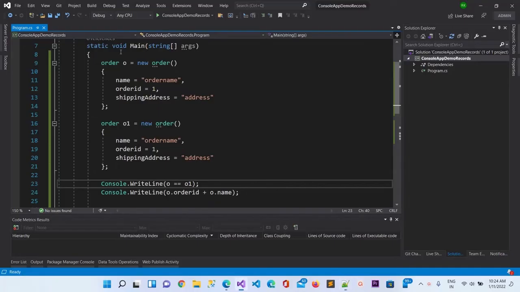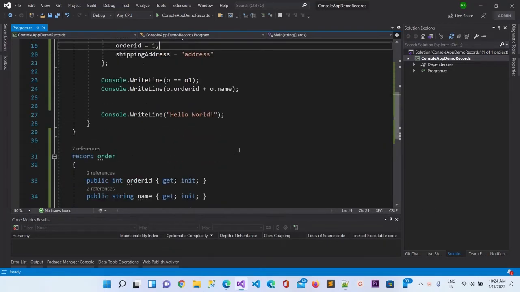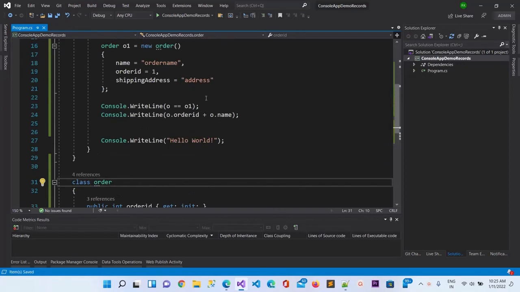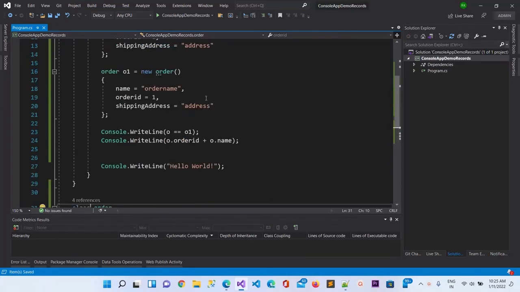So you can see here when we compare this, suppose I am doing the same thing using a class, so let me put here class in place of record. Now let me run the same thing again, and now I will see the output of this comparison of the two objects.